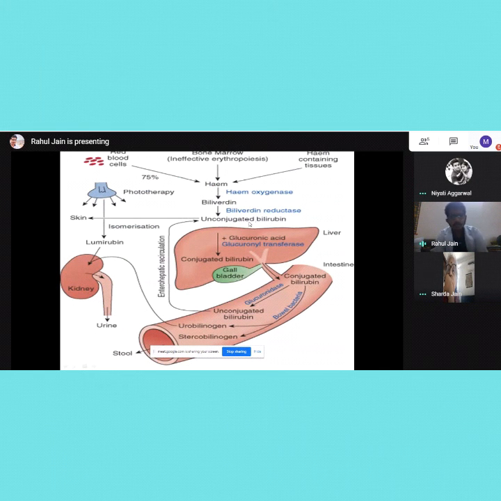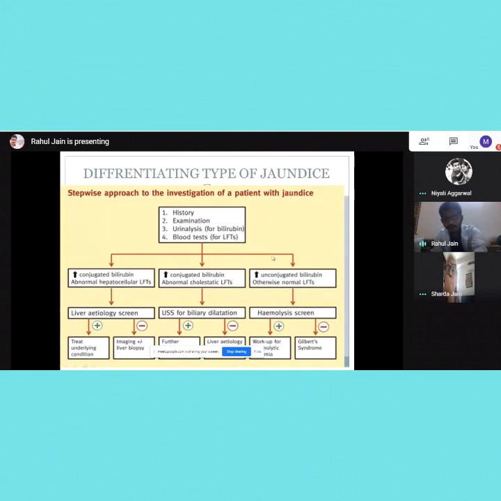So for pre-hepatic jaundice we will follow this dictum: unconjugated bilirubin will rise, LFTs will be normal, and we should screen for hemolytic anemia. So I think pre-hepatic jaundice is very clear. Then moving on to hepatic and post-hepatic. Again, when I do history, examination, urine analysis and blood tests, it will give me a clue that in case of hepatic jaundice or hepatitis, first of all the bilirubin will rise, urine will be dark, and stools will be light in color. Then I will do all this liver etiology screening, and I will try to treat the underlying conditions.